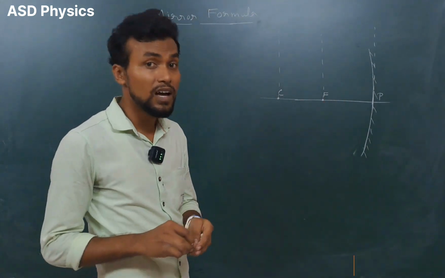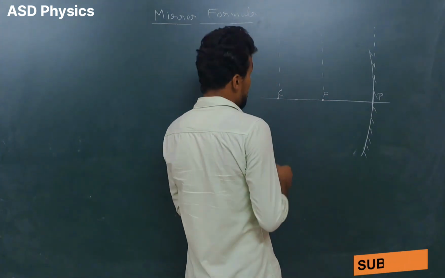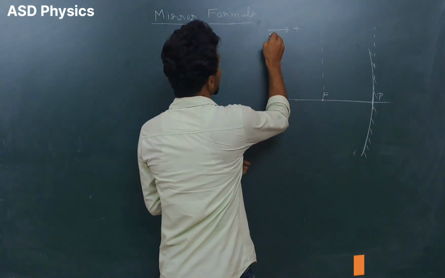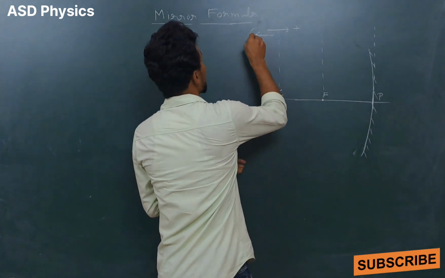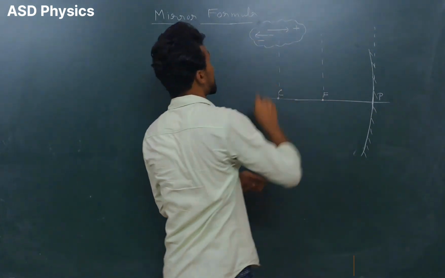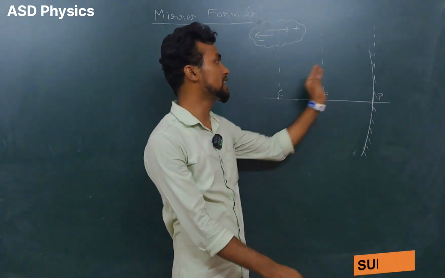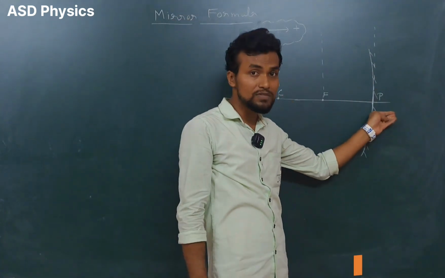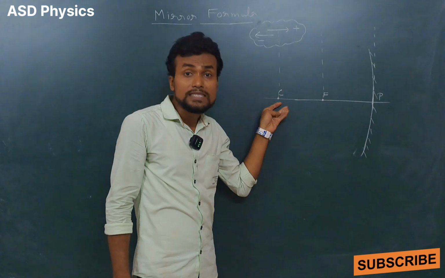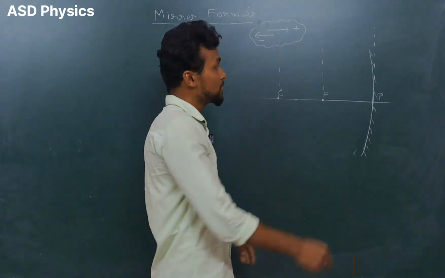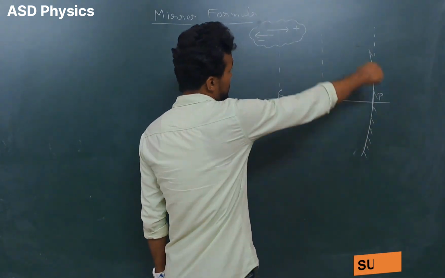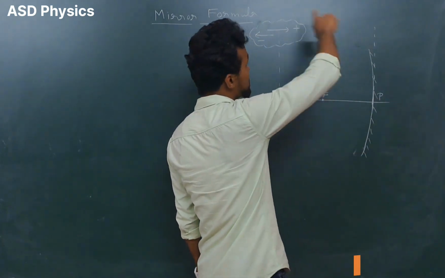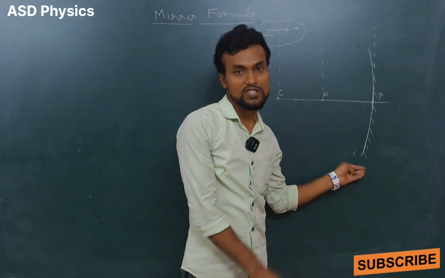How am I saying it is always negative? Because please remember that in our syllabus, whenever there is a single mirror or lens, the ray should always go from left side to right side. So this side is positive and this side is negative. This is the pole of the mirror, and this is the center of curvature. Why? Because if we take one sphere, the center is on the left side. That means this is the center of that imaginary sphere of which the mirror is a part.